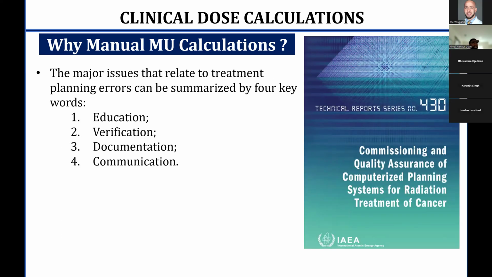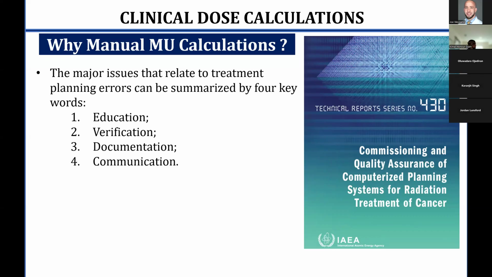And so TRS 43 boils down these issues related to treatment planning errors so that they can be summarized in 4 key words: education, verification, documentation, and communication. In other words, they strongly recommend that education is required before or at the time of commissioning by all the stakeholders, medical physicists, oncologists, dosimetrists, therapists, to have an intricate understanding at the technical and professional level of what is happening behind the scenes in the treatment planning system. This is a very important component in trying to understand what our software can and cannot do